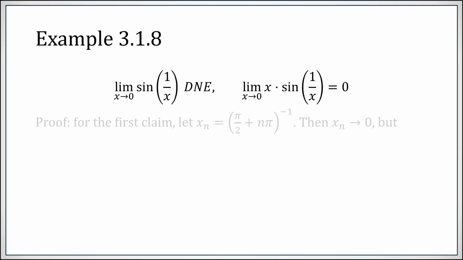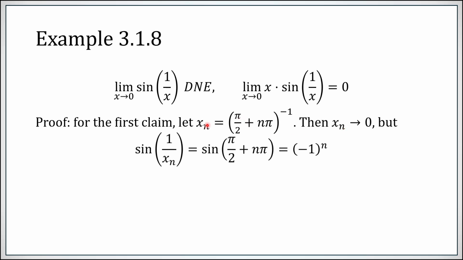Pictures aside, let's get to proving. So for the first claim, let's take a specific sequence of x's: x_n = 1 over (pi over 2 plus an integer multiple n times pi). This pi over 2 is fixed. As n goes to infinity, this goes to infinity, but we have 1 over it, so x_n is definitely converging to 0. But 1 over x_n is just this quantity, and the sine of pi over 2 plus n times